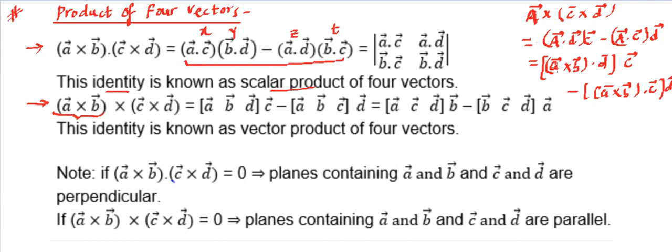Now if you remember this scalar triple product, A cross B dot D is a scalar triple product which can be written in terms of a big bracket A comma B comma D, so that becomes A, B, D. Sometimes we don't place even commas, it's okay. So this becomes first expression into C, then the minus, this will become A B C, so it's going to be A comma B comma C and D. So that's how this expression becomes equal to this expression.